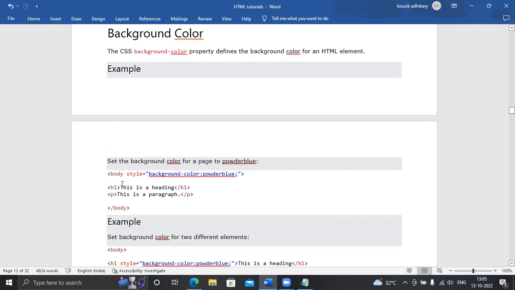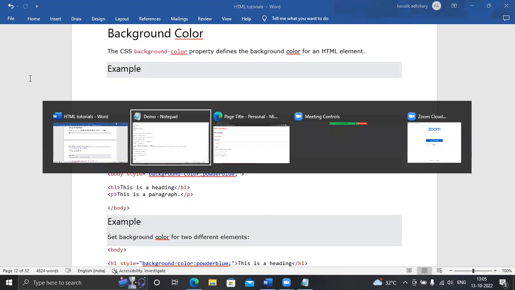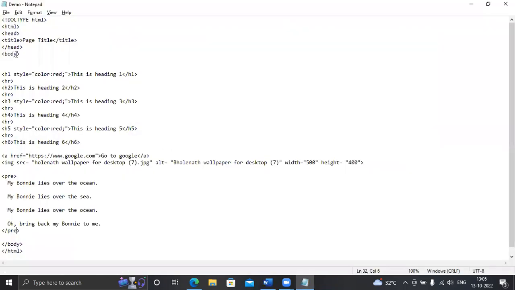Like that, in the body tag, which I have started here, you need to mention body style equals background-color is powder blue.